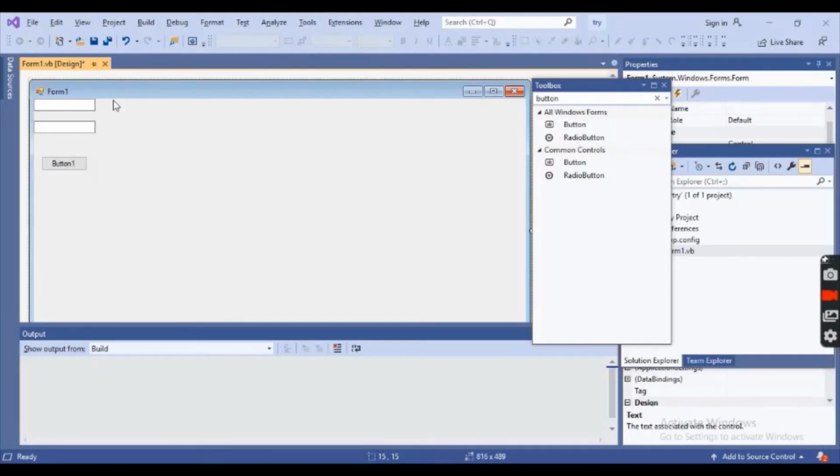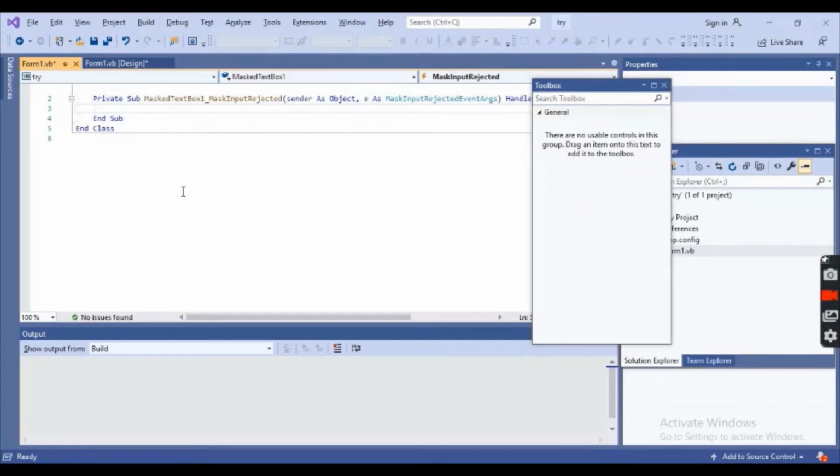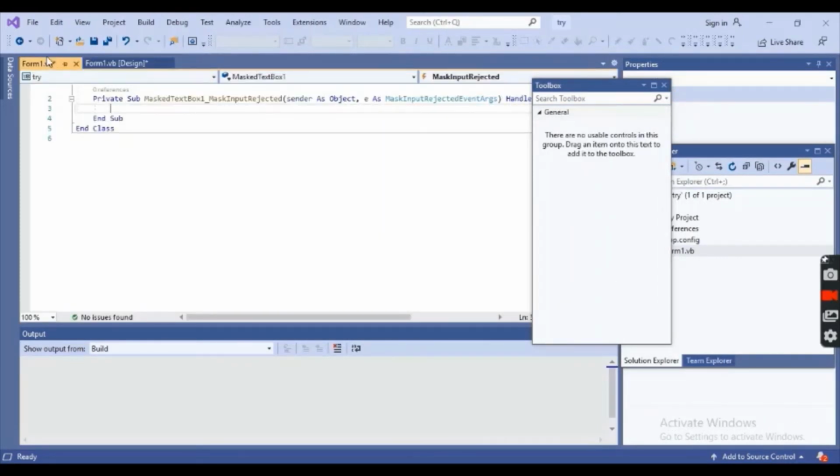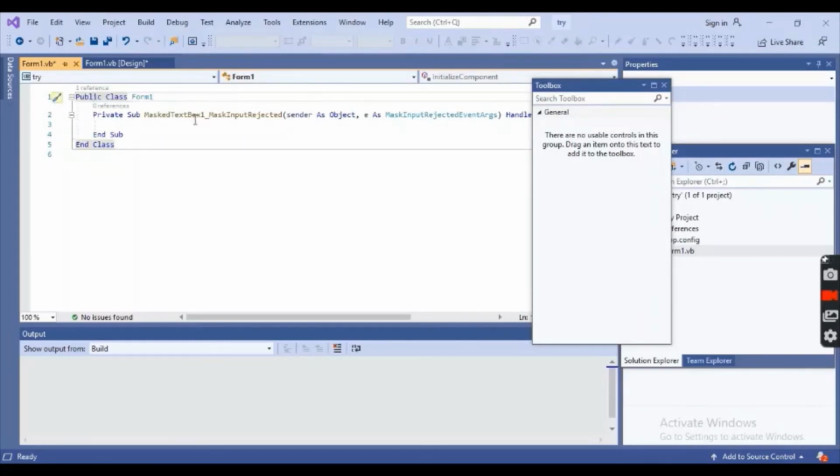So how will we do programming? For example, if I double click this text box, a file appears which is related. Now you can see this one is Form1.vb and that one is Form1.vb, but that was the design view, and this is basically your coding view where you can do coding. Now you see Private Sub and the event name, which is created by default. Sub stands for subroutine, basically a function. So this function is automatically created, along with a class, Public Class Form1.